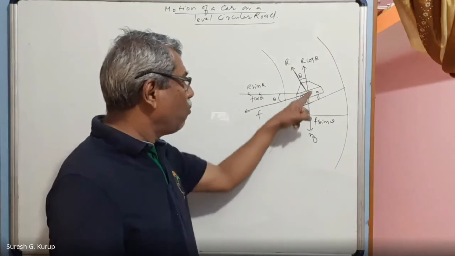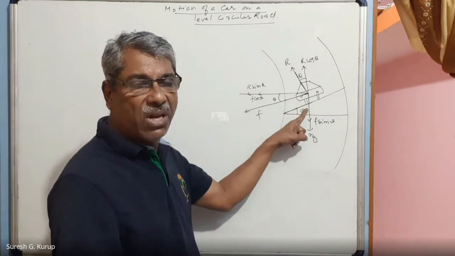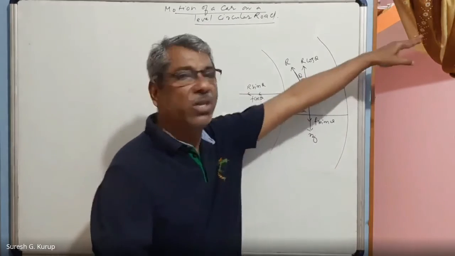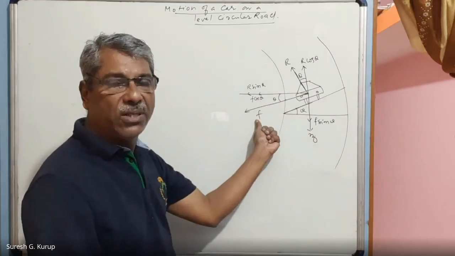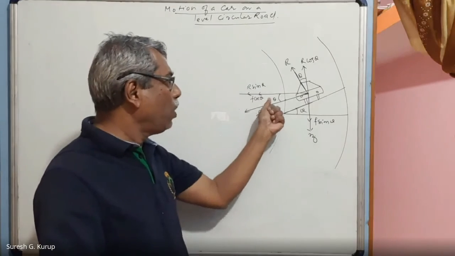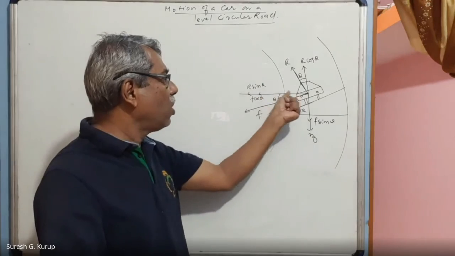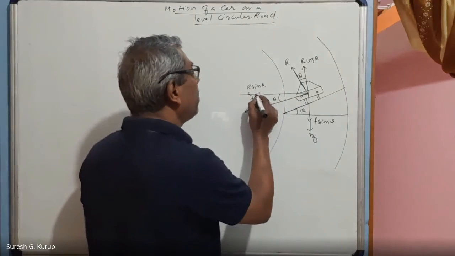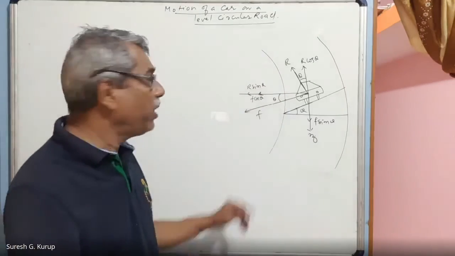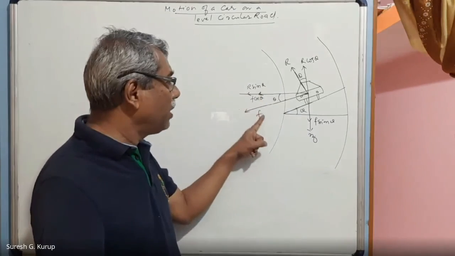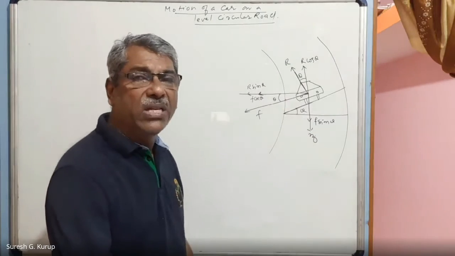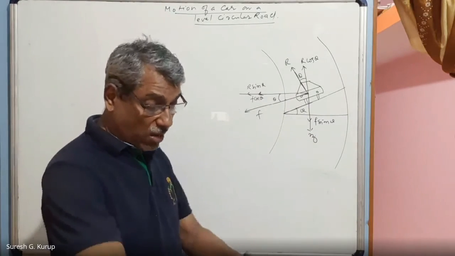Then force of friction is acting on the surface. Force of friction is the friction between the tire and the ground, along this direction. Therefore, force of friction must always be parallel to the ground. F also can be resolved into two components. One component makes an angle theta, along the same direction as R sin theta. The direction of R sin theta only, F cos theta is also acting. And the other component, F sin theta, is acting along the direction in which the weight of the car is acting, that is mg. So mg and